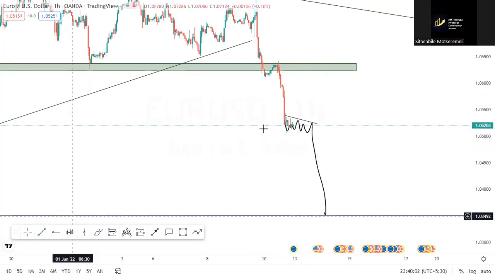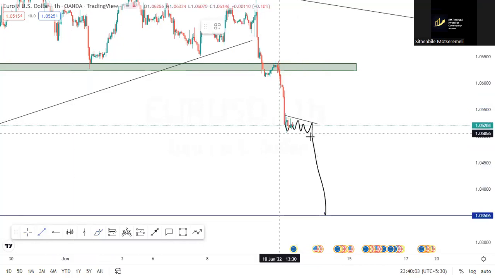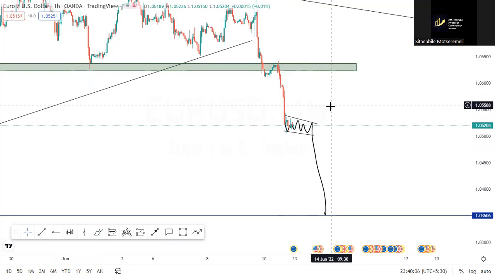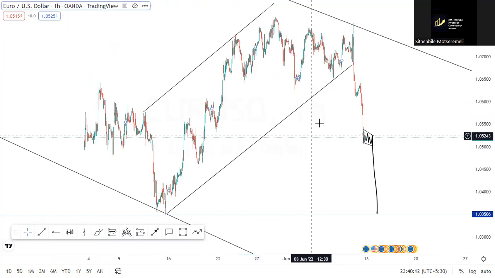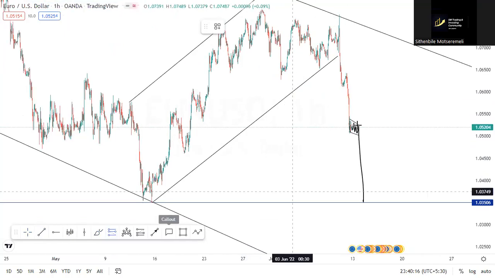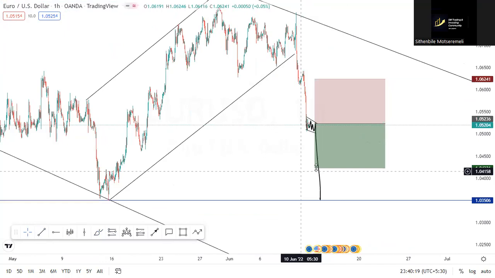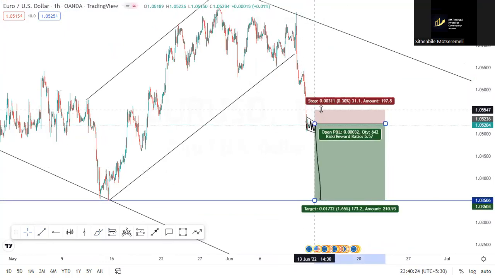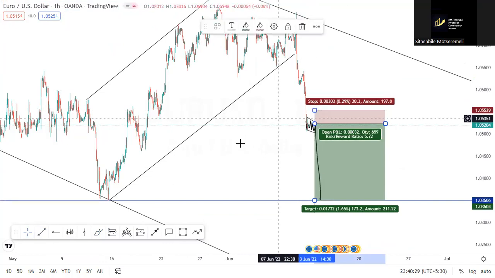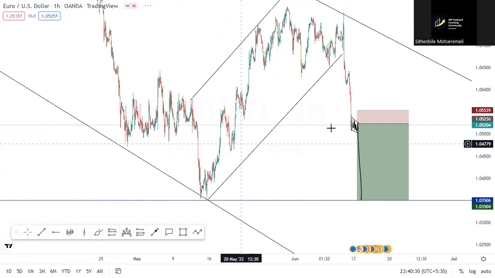Nasdaq is also like this. This looks like Nasdaq, so you have to wait for something like this. Let me just remove this thing because it makes my chart ugly. So wait for something like this to happen before you can actually drop. Your stop loss must be 20 to 30 pips. Yeah, this is how I see it, guys.